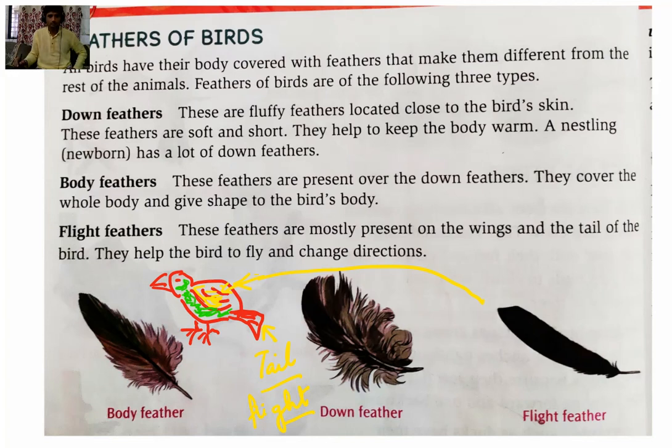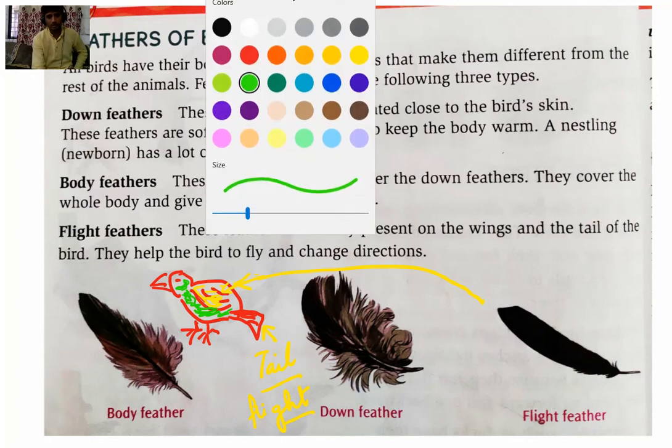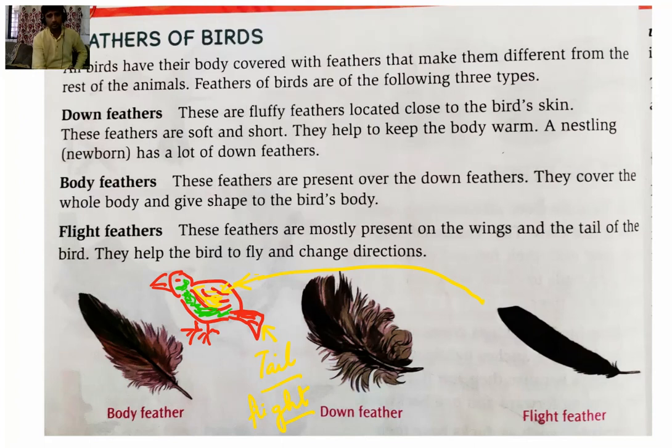And the last one is the down feather. Let me change the color for down feather. So down feather is somewhere here, the downward part of the bird. This is the beak. There are different types of beak, and these are the legs, and one, two, three and four are their toes.